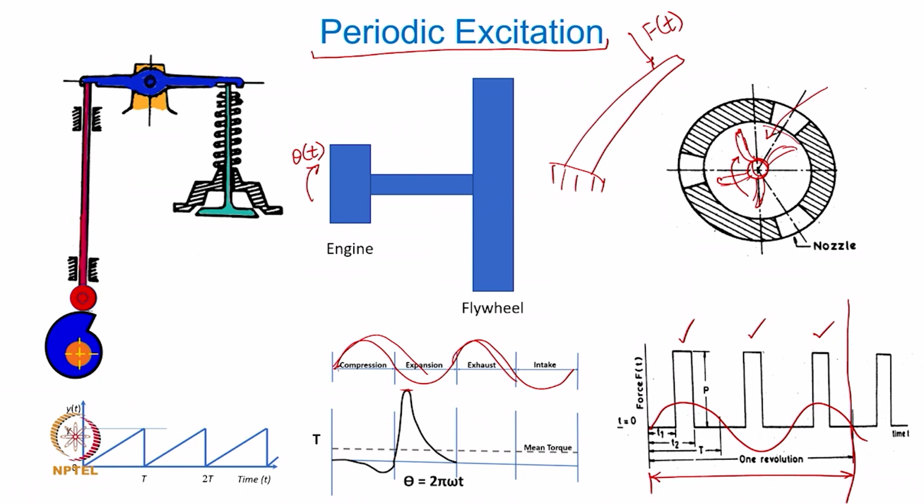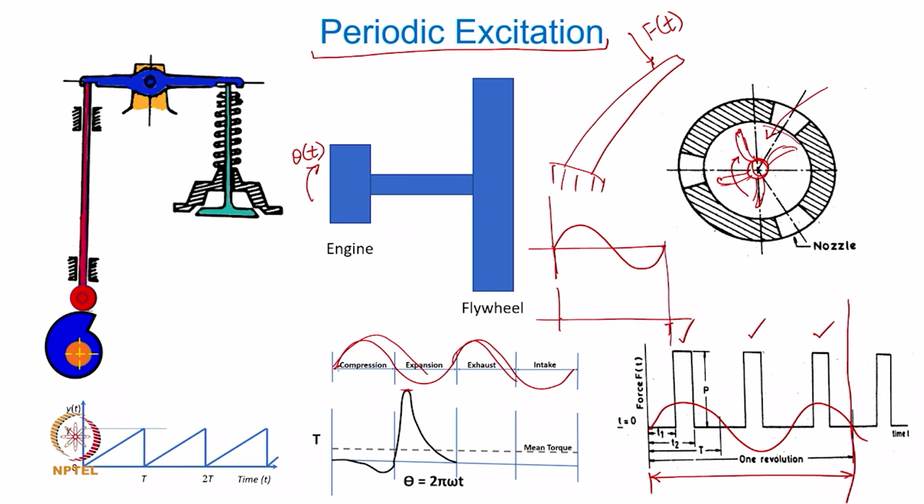Now, you all understand clearly that there is a difference between a periodic excitation and a harmonic excitation. What is the difference between the two? We have been discussing that our excitation is harmonic, which actually means that it is a single frequency excitation defined by cosine omega t or sin omega t, whereas